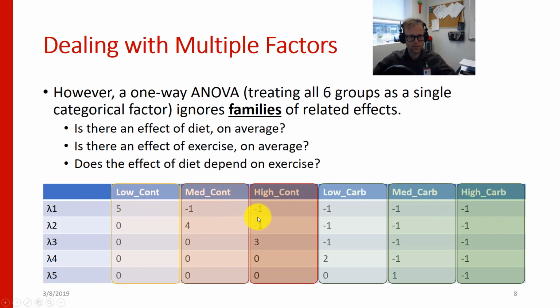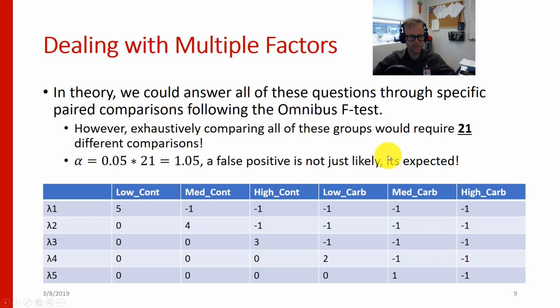So we actually want to know, does the effect of exercise depend on your diet? Or conversely, does the effect of diet depend on the type of exercise that you're doing? Those would be equally valid ways of interpreting this interaction between our two different factors. Now, in theory, yes, we could answer all of these questions through specific paired comparisons following our omnibus F test,